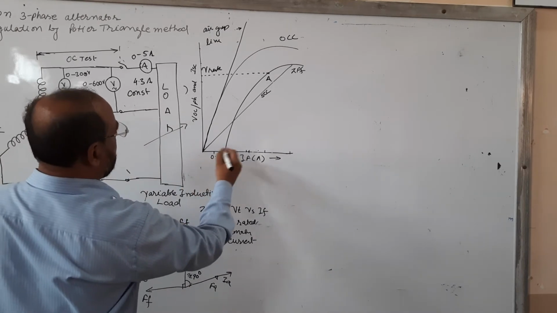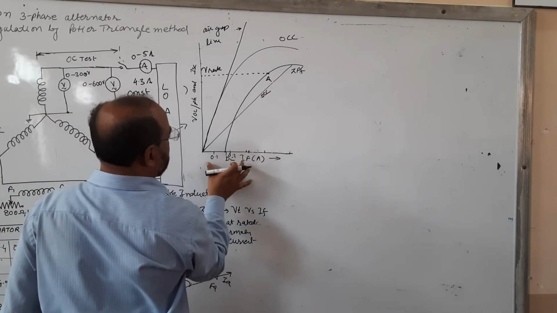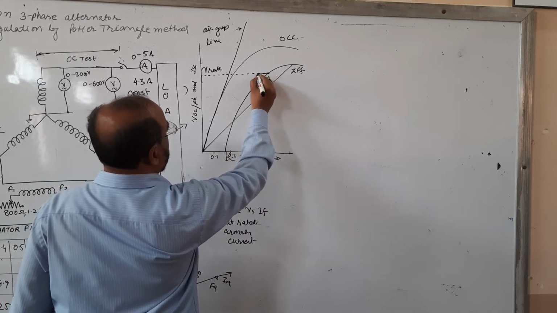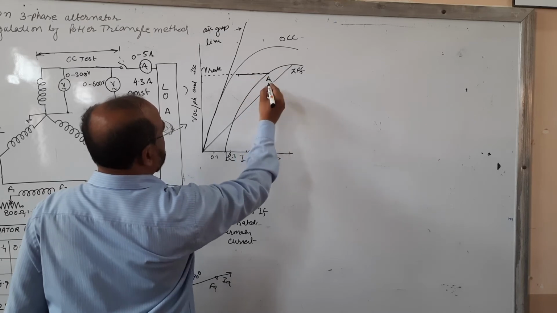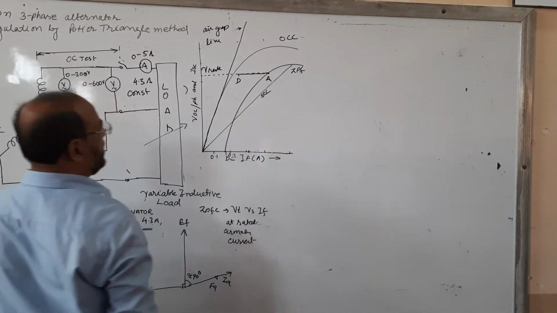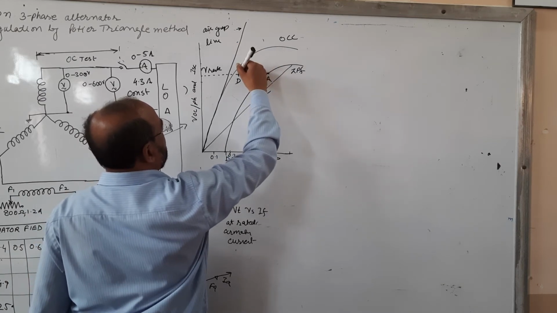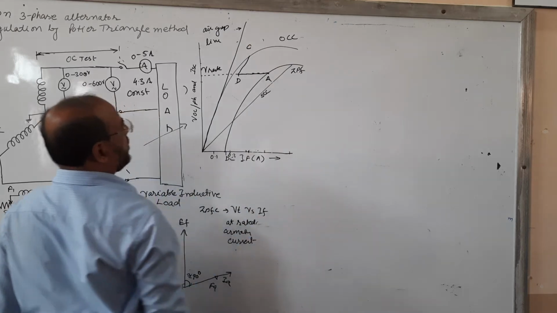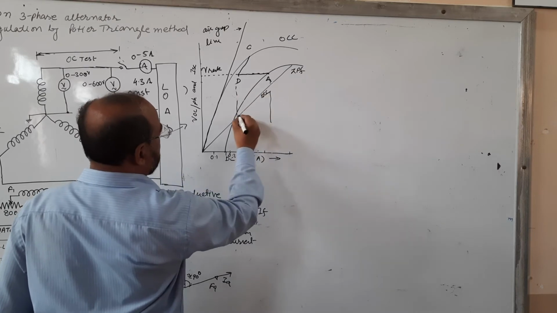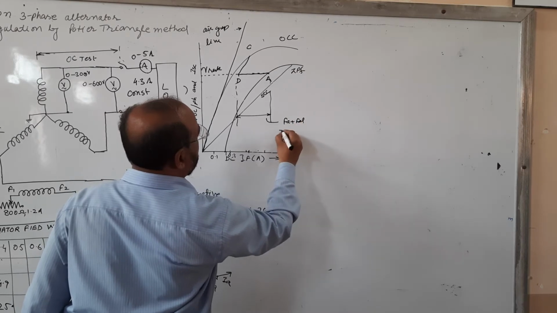is, say, FA plus FAL. So that amount of MMF, which is in centimeter because this is the field current or field MMF, you draw a line up to this one. So this point can be represented as D, and from point D draw a parallel line to the air gap line, and this point is C. This much distance is nothing but FA plus FAL. It is the field current